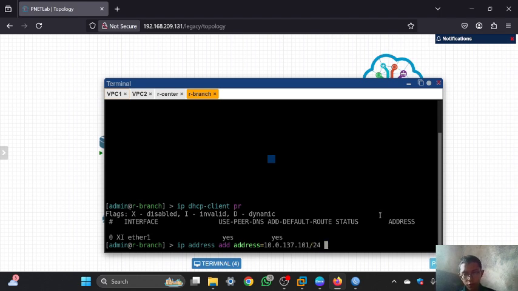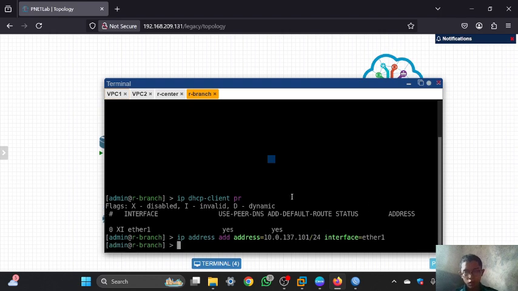Don't forget the prefix, and the interface is Ethernet 1. Then you can click enter, and I will set the IP route gateway in the router branch. At gateway, the IP is the IP of the NAT in VMware.